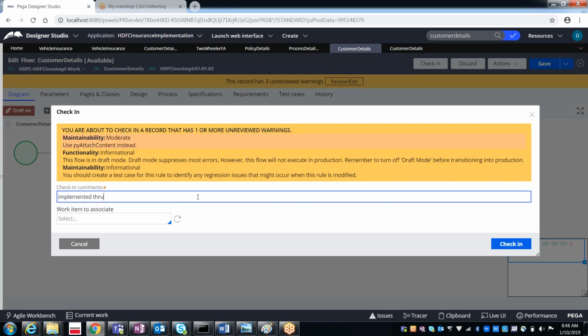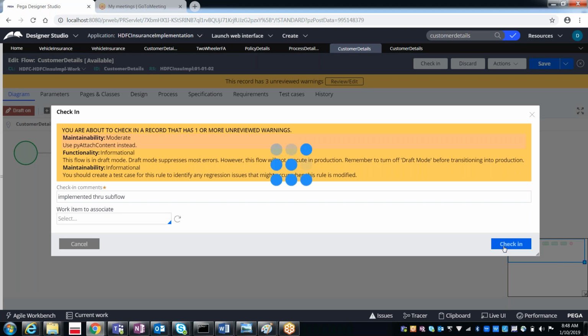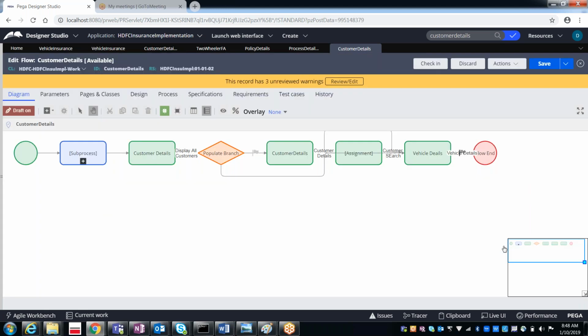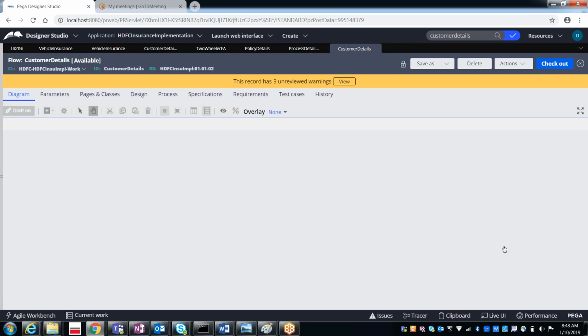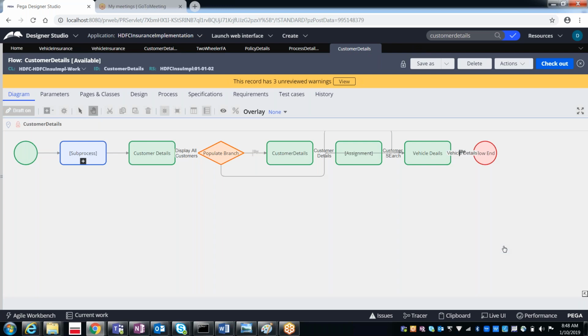implemented through subflow. Now here, can I do the changes? Can I do the changes here? No, again you have to check out.